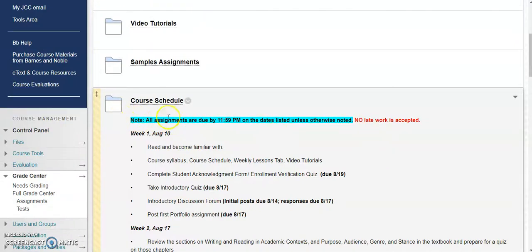Now, note, all assignments are due on the date listed by 11:59 p.m. unless otherwise noted, and no late work is accepted. None, because everything builds off each other in this class, and if you get behind, then we have a problem, and then you can't do the next assignments, and so on. For the most part, okay,